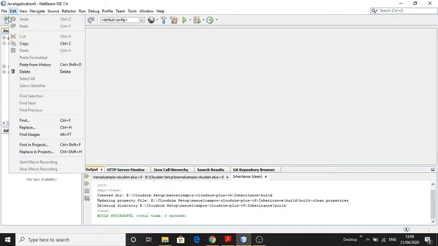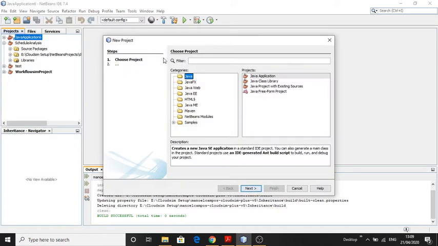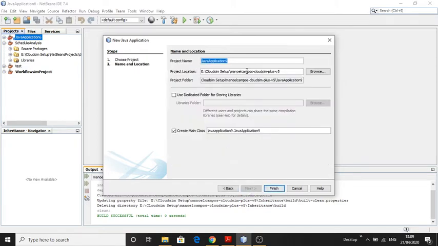We will just create a new project, a Java application. The name of the project will be inheritance. There is no need to create a main class. Finish.